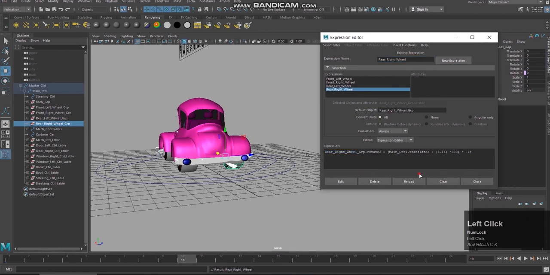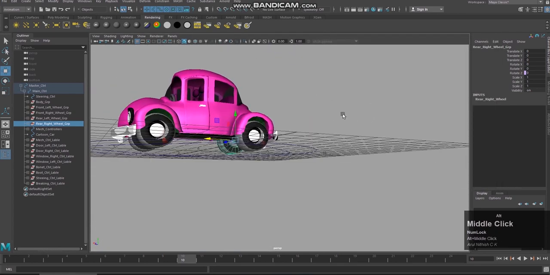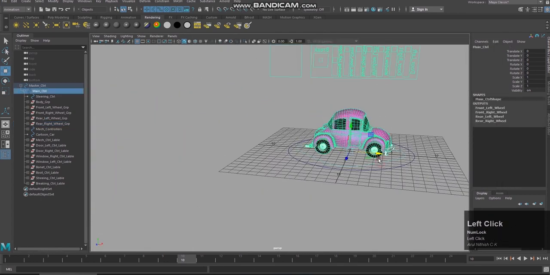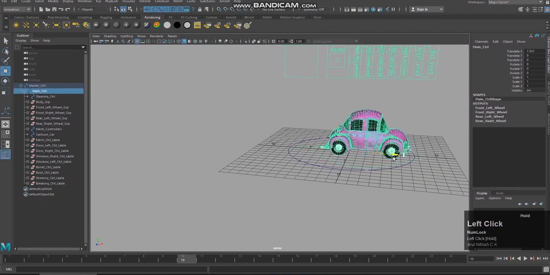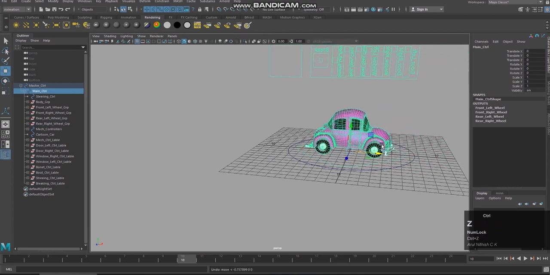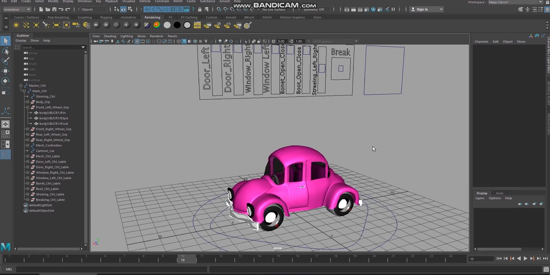Close it. Now once we select the main control, we can see all the wheels are rotating properly, and we are done with all these basic mechanical controllers.